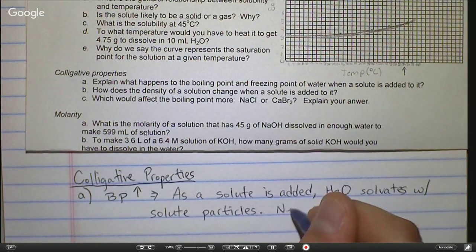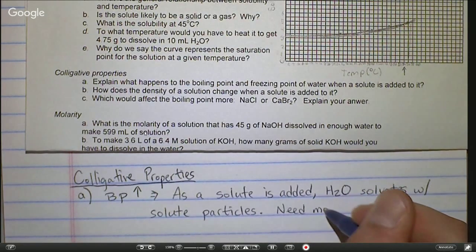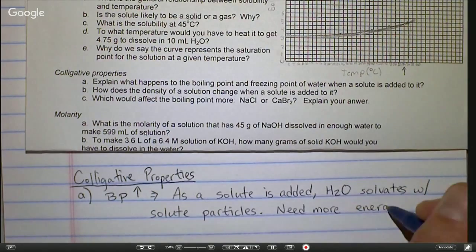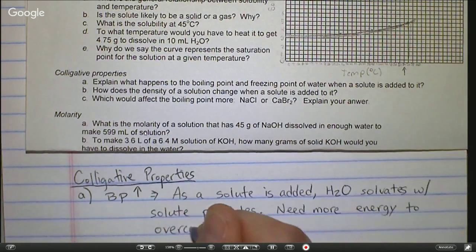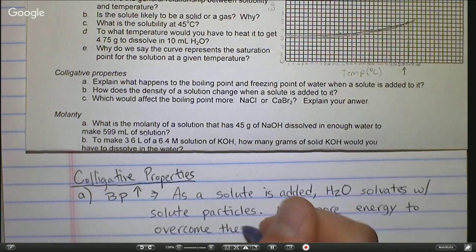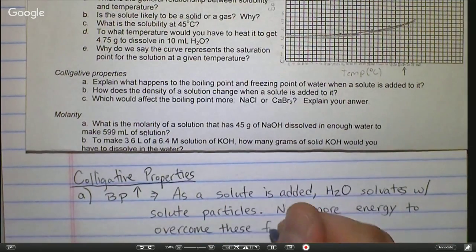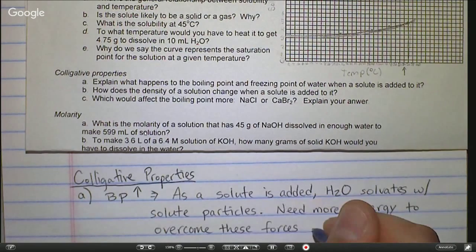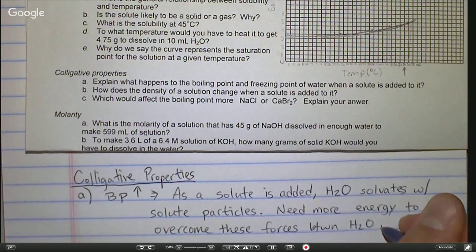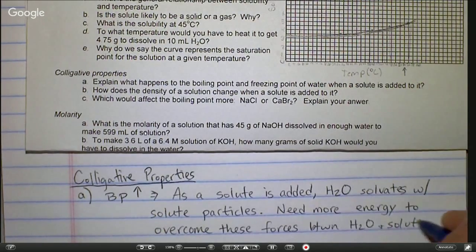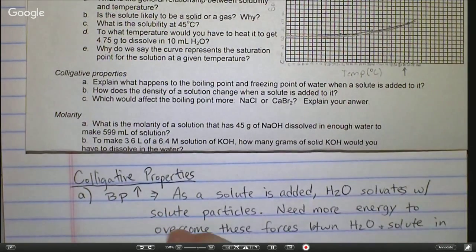We need more energy to overcome these forces between water and solute in order to